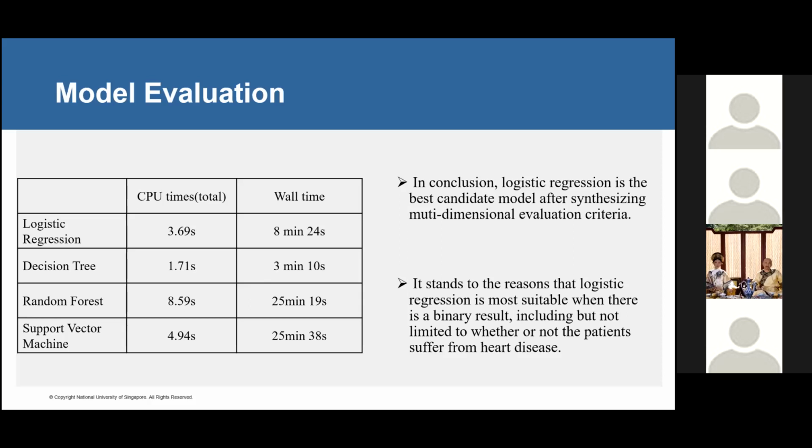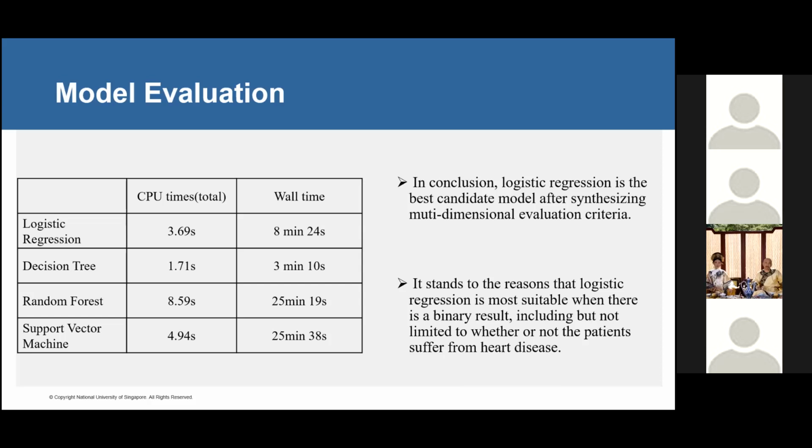We also consider the computational cost as our second dimension of evaluation. From the table, we can see that the decision tree is the fastest model to produce a desired result, and logistic regression is the second most efficient model. The time random forest and support vector machine used is much longer. In conclusion, logistic regression is the best candidate model after synthesizing multi-dimensional evaluation criteria. It stands to reason that logistic regression is the most suitable when there is a binary result, including but not limited to whether or not the patient suffers from heart disease, which is very in line with the goal